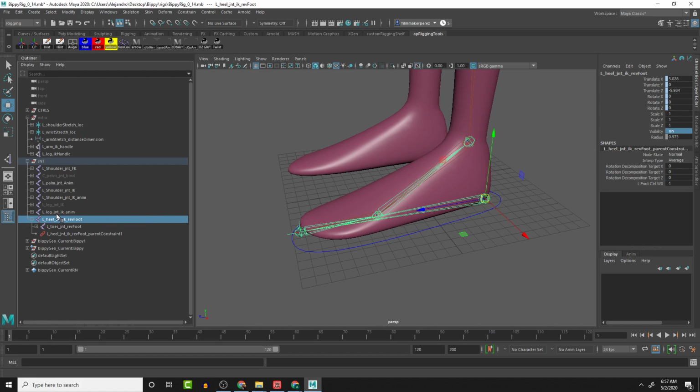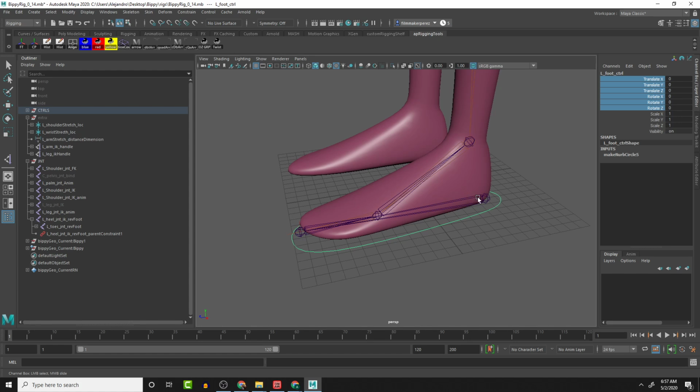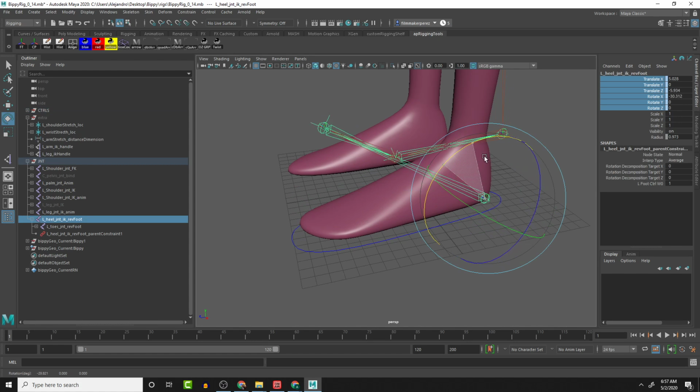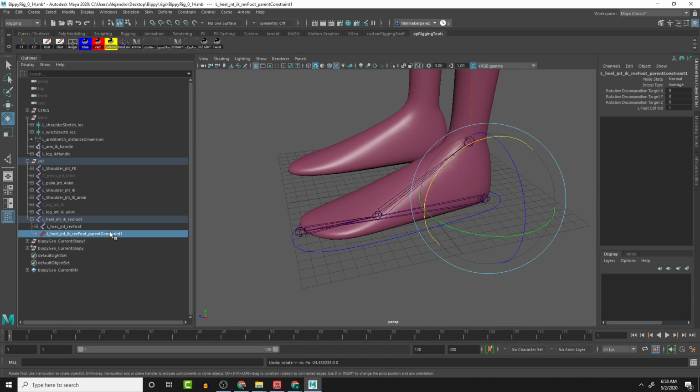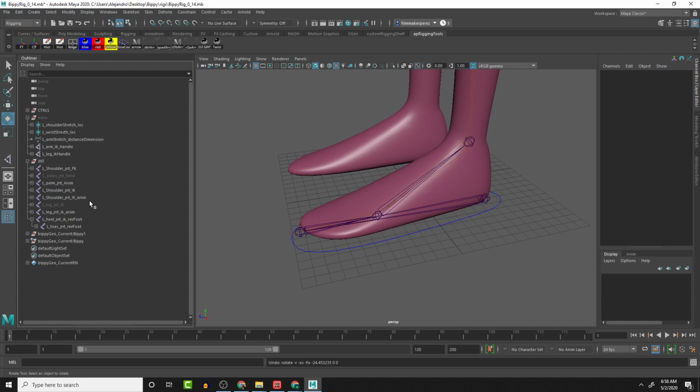So right now we have the heel with a direct constraint, which worked fine to kind of show you that the foot worked here, but it doesn't work fine because we want to add animation here for the heel tap, and we need to be able to offset this animation, and we can't directly do that with a constraint connected here. So I'm going to delete that heel constraint,